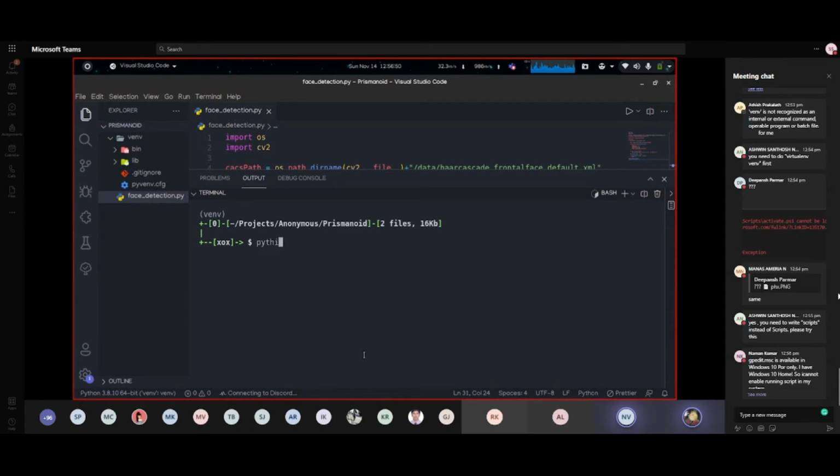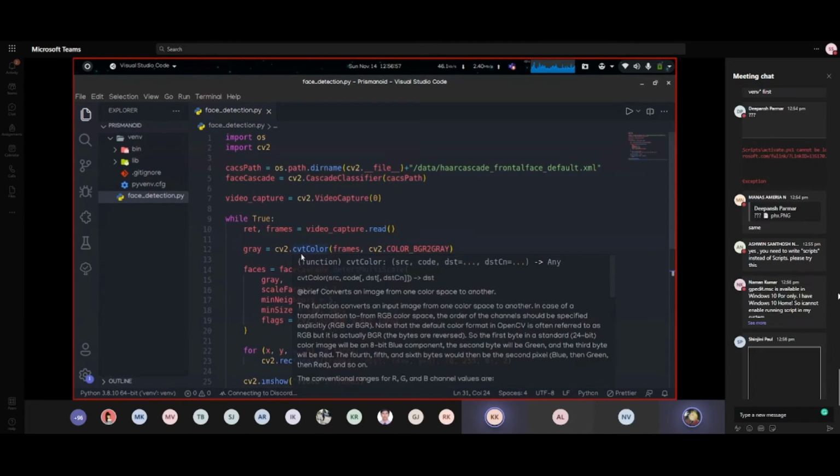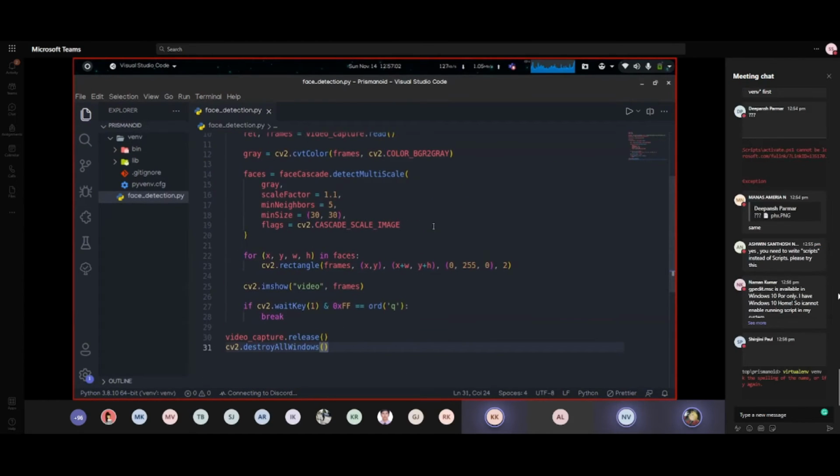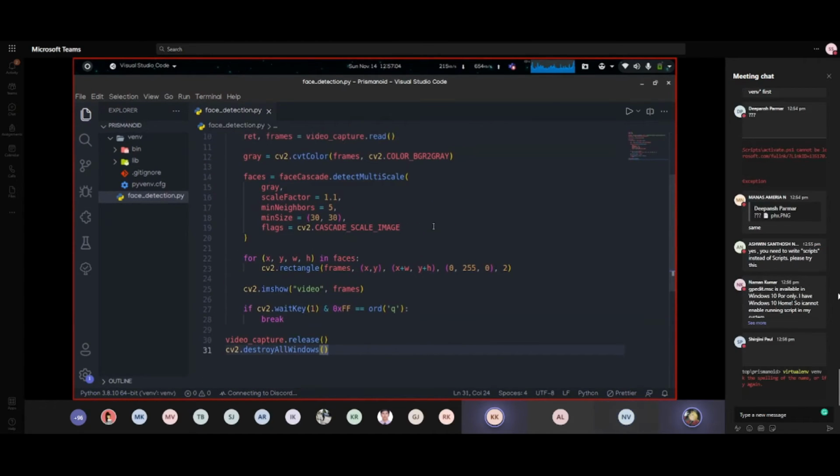Okay, I'll run it using Python 3. Can you show the code once again? Yeah, I'll share the last part. Just the last part of it. Just tell me when you're done, okay?